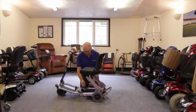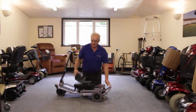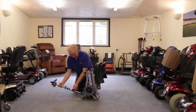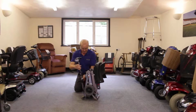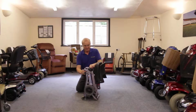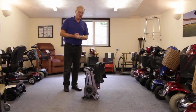This particular scooter comes apart by undoing these catches, which do have a habit of breaking and are extremely expensive to repair. Then you have to remember to either lower it carefully or keep your hand out of the way when the seat comes down. The whole scooter then tips up and folds away in what appears to be a very neat little package, and lowers down. The problem then comes, you have one small package to put in the back of the car,